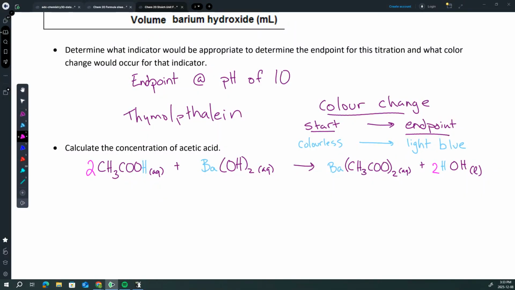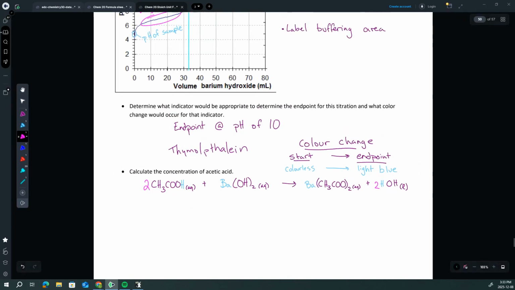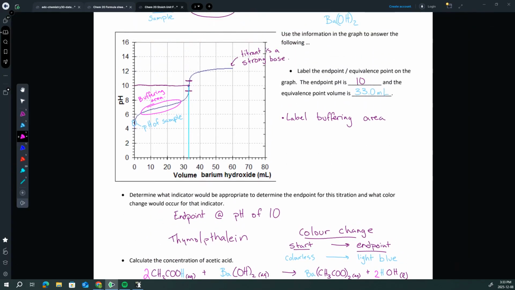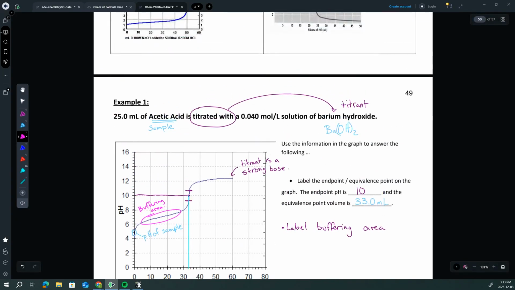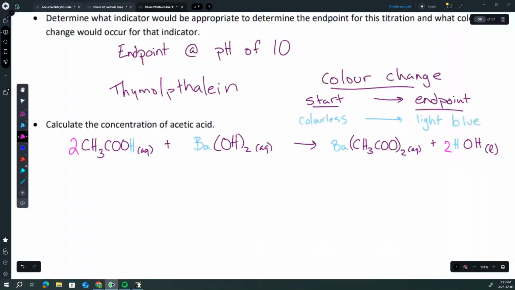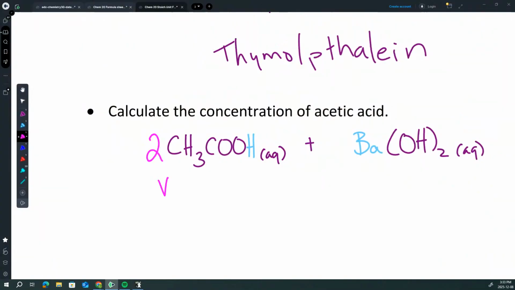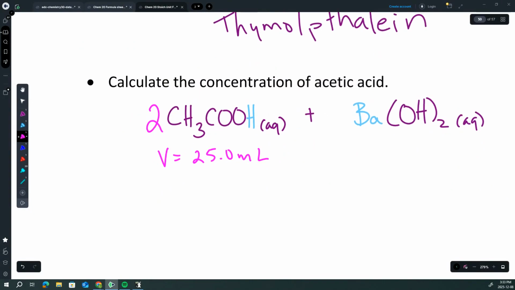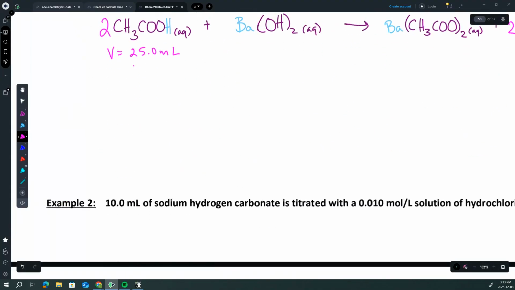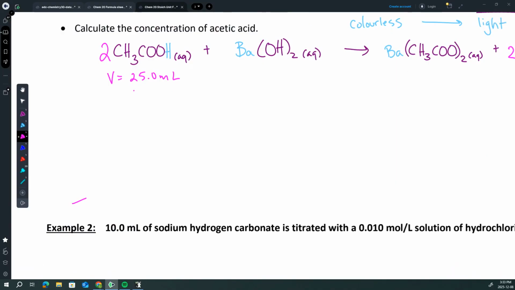Alright, let's organize our information. What we just did, that was step 1: create a balanced chemical equation. Now I'm going to organize the information that the question's given me. So what exactly has the question given me? Well, it's told me that we're working with 25 milliliters of acetic acid. So let's organize that. The volume is 25 milliliters, but we're going to want to convert milliliters into liters. So as a reminder here, for our metric conversion line,